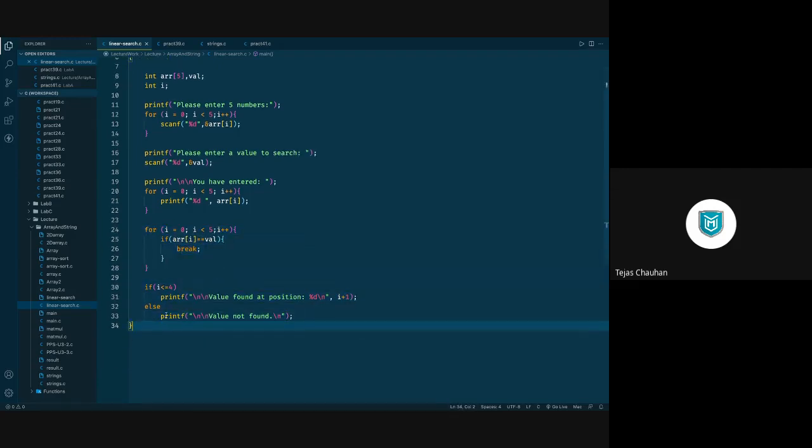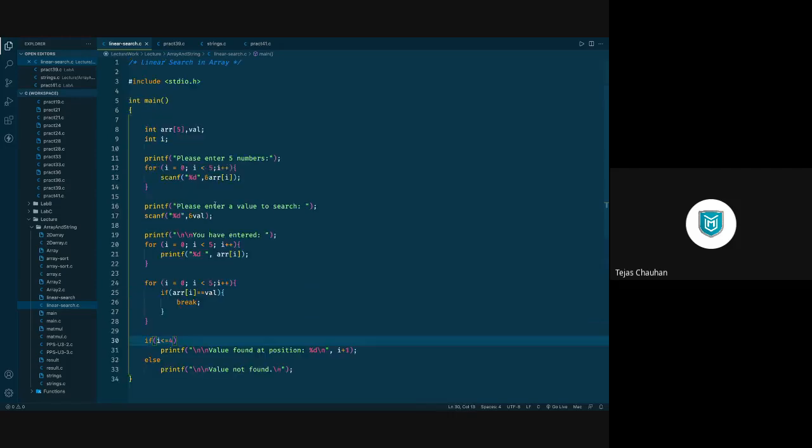Here you need to use a flag instead of just comparing the loop control variable i, because earlier in the integer array it was fixed that we had 5 elements. लेकिन string में compulsorily 5 element नहीं होंगे. You can have a string of length 5, length 3, length 10. So the length of the string may differ.